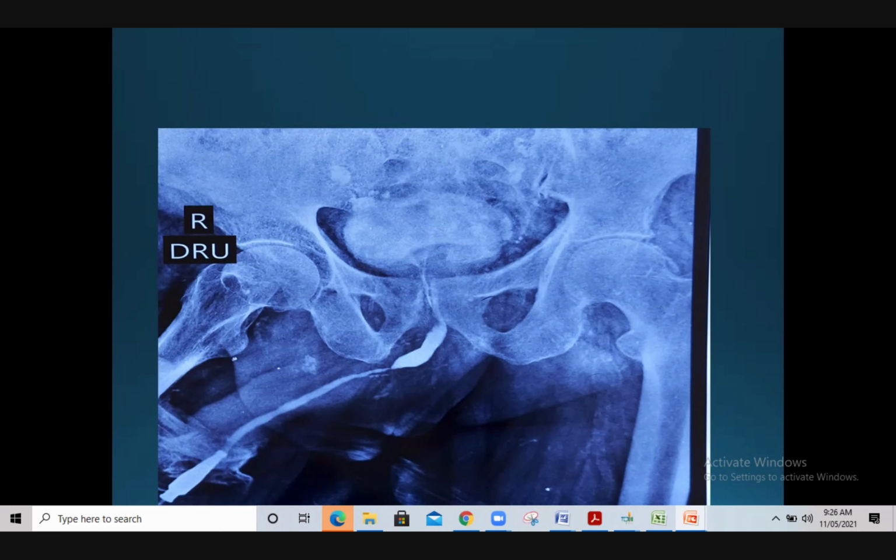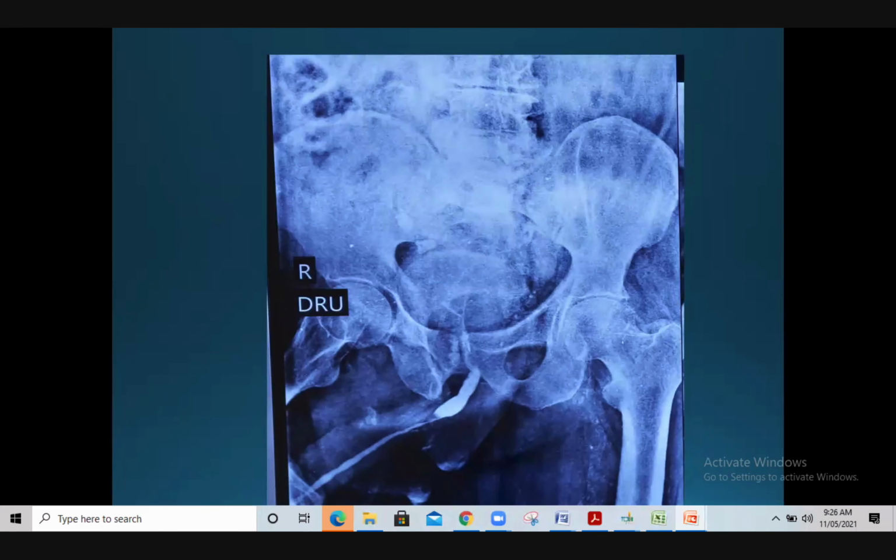See, both the films show it. Can you see the same shadow in both the films? You see two shadows, no? One on this side and one on this side. One is in continuum with the urethra, one is separately lying like that. It doesn't look like the edge of the bone. Is that the edge of the symphysis pubis? Maybe. And it looks too symmetrical anyway.